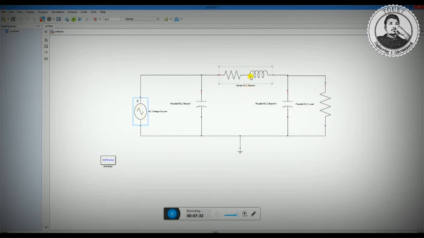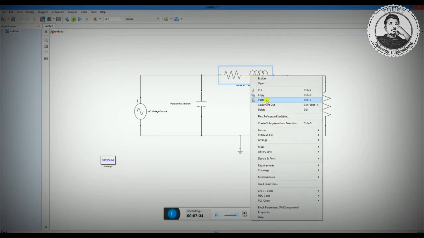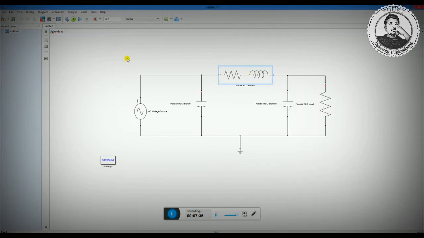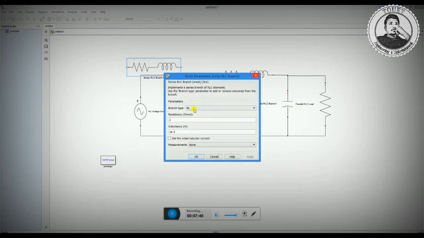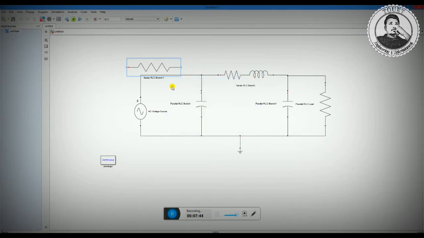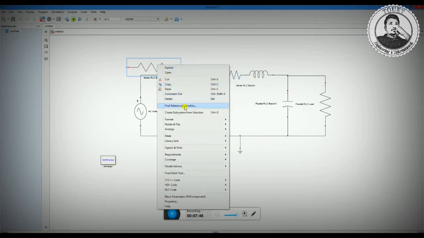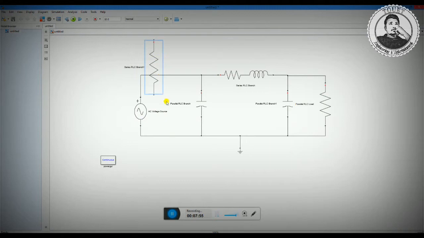I would take a resistive element. Let's say I would simply copy it and paste it, and I need only resistive, so I would mark only the resistance. I would rotate it. Where is the rotation option? Yes, I have rotated it, decreased its size, and simply connect it with the